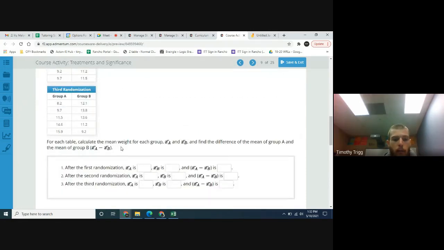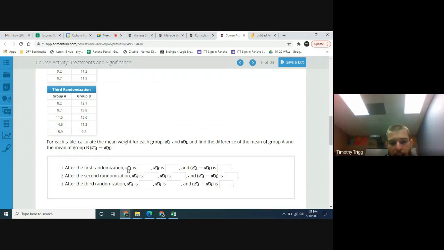For each table, calculate the mean weight for each group, X bar A and X bar B, and find the difference of the mean of group A and the mean of group B. So the difference, that means we're going to subtract them. Okay, so after the first randomization,